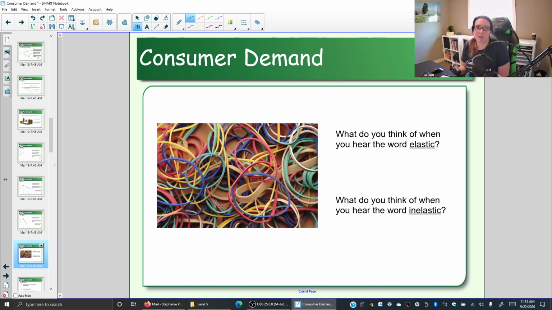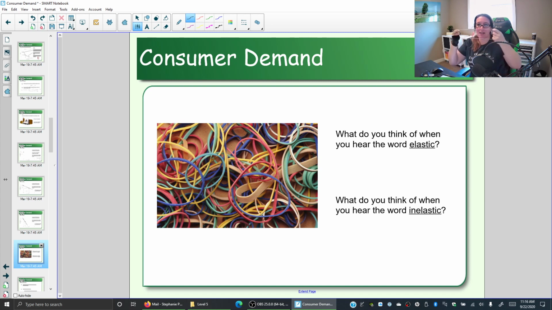Well, we need to understand some terms, elastic and inelastic. So we said that elasticity of demand or price elasticity looks at how sensitive people are to price change. So we need to know kind of what it means to be more elastic or more inelastic. And one of the best ways to help you remember is to think about an elastic. Okay, so in Canada, we call rubber bands elastics. And what does it mean to be